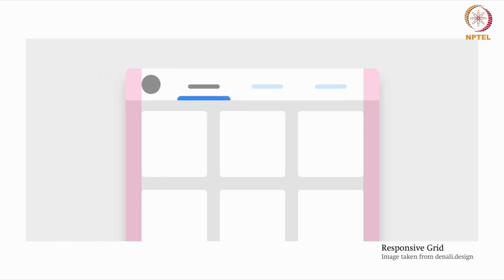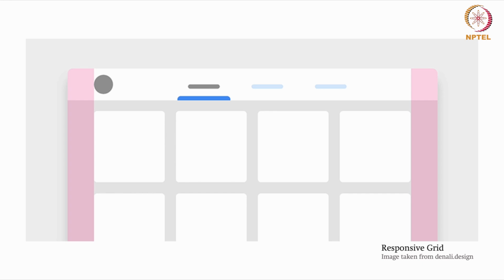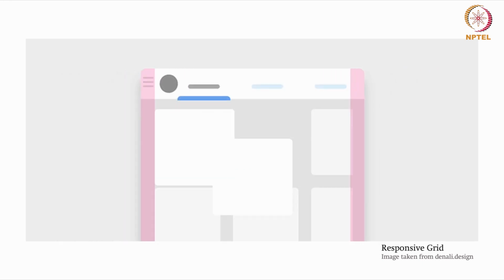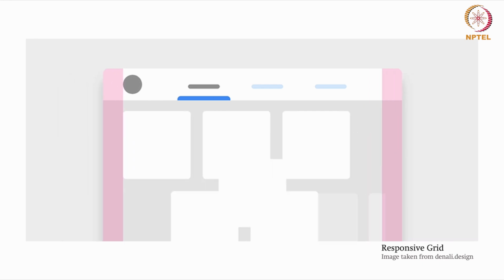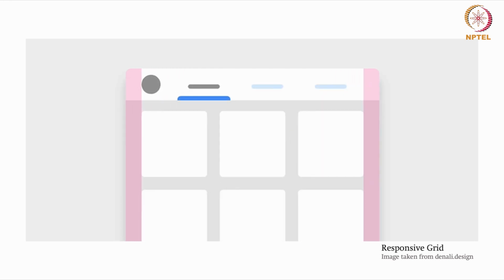So it can be seen, for example, if you have content which has been created and is going to be viewed on desktop, laptop, and smartphone, then your grid system should be in such a manner that when you are looking on different devices, it should adapt and change accordingly.